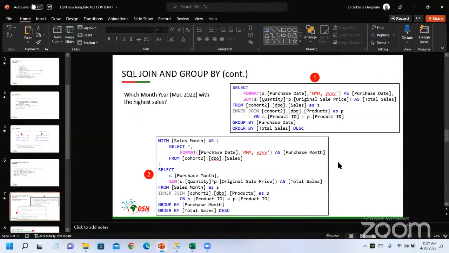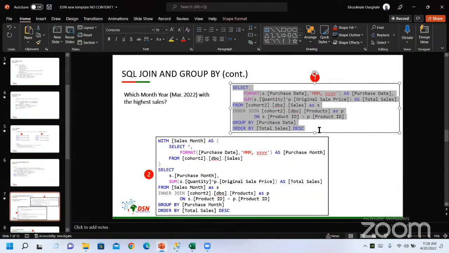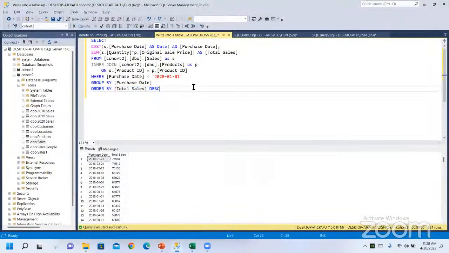We've been through that. So the next one is where we are doing a group by. Now, if you notice, our date is just a date. I'm trying to format it to be just month and year. The question we are trying to answer here is which month and year has the highest sales? So how do we handle this? If I run this code,